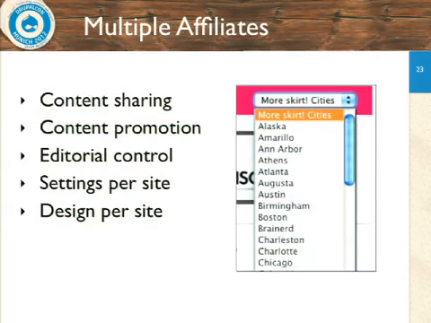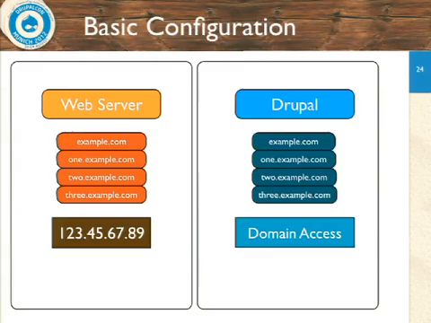Fascinating. And from a user experience, you get this kind of choice, right? It's like, hey, where do you want to go? Okay. So, the basic way this works, and this is as technical as this talk gets, is all you have to do on the web server side is point all the domains you want to the same place, right? You have one IP address. That's how domain names work, right? You point a name to an IP address. You just point your domains all to the same place. You send them all to the same root Drupal installation, right? Domain access reads the inbound request and then makes changes on the fly in order to change the presentation, okay?